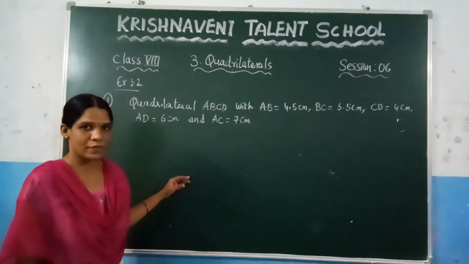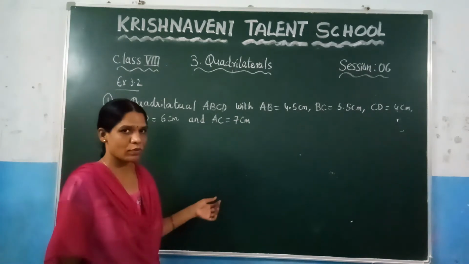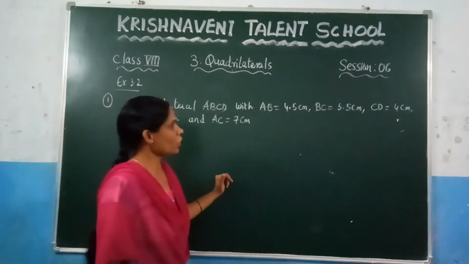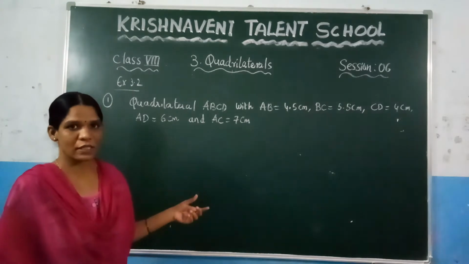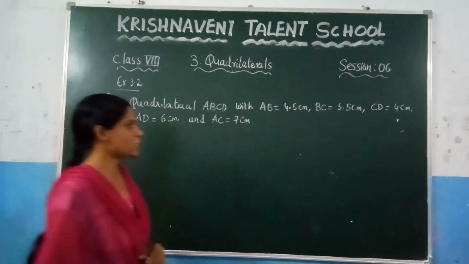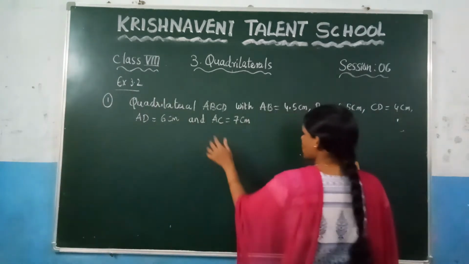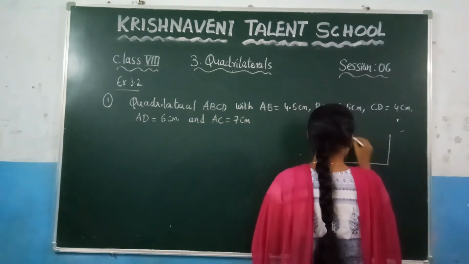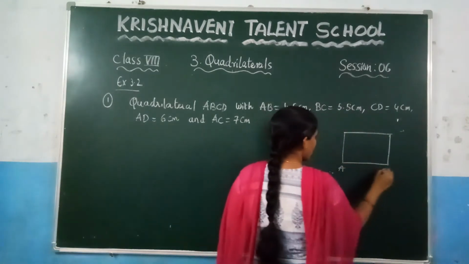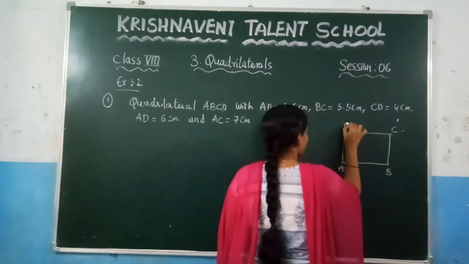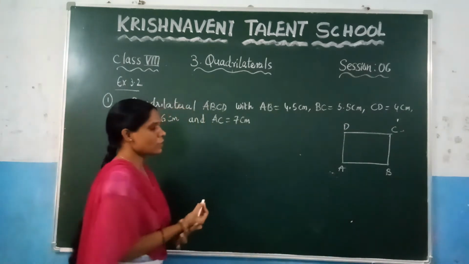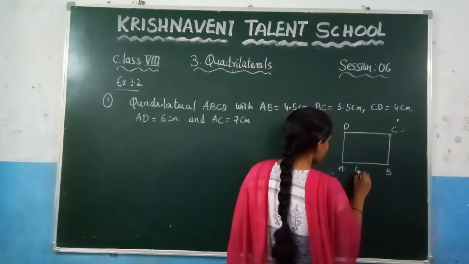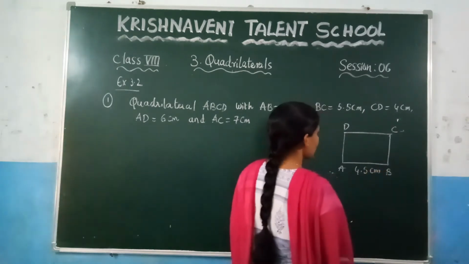So, in this exercise, we are going to learn how to construct a quadrilateral if you have been given 4 sides and one diagonal. Now, if you want to know what those 4 sides and the diagonal are, you need to draw the rough sketch. First, let us draw the rough sketch here. What is the quadrilateral name given? ABCD. So, let us draw the rough sketch like this and name it as A, B, C, D. And let us mark the measurements we know here. What is AB, which is 4.5? That means this length is 4.5 centimeters.